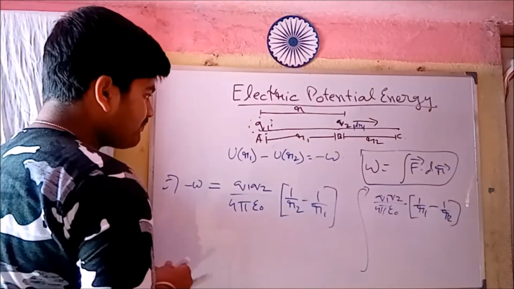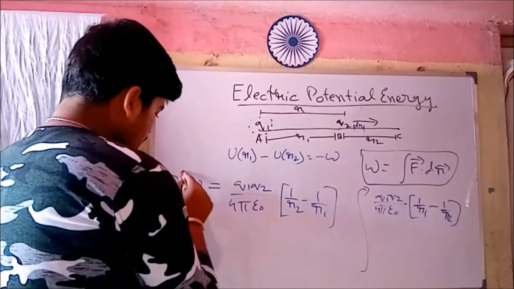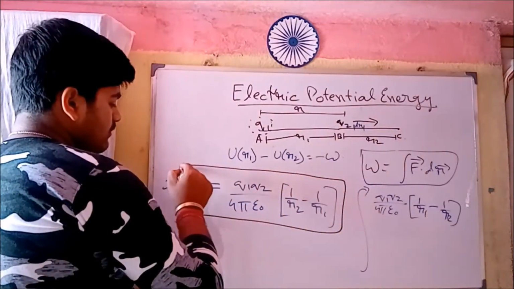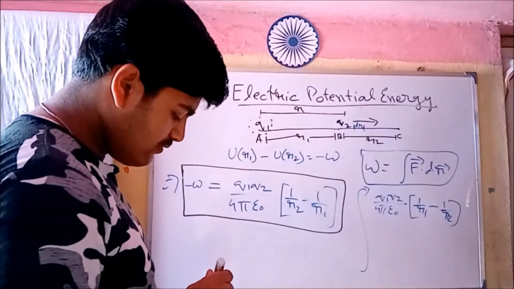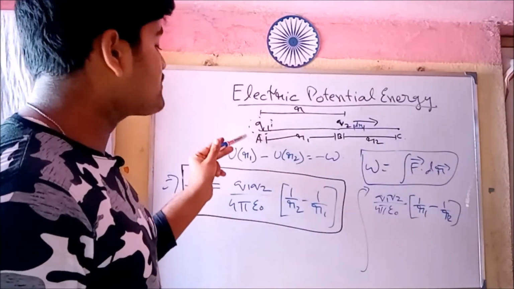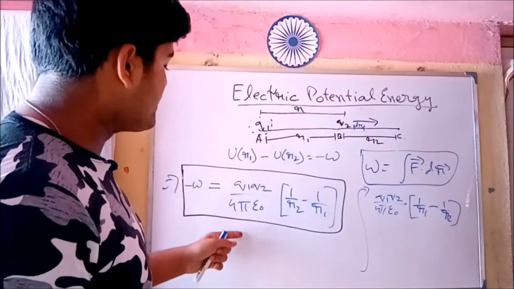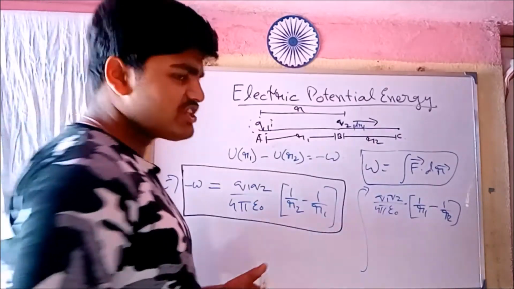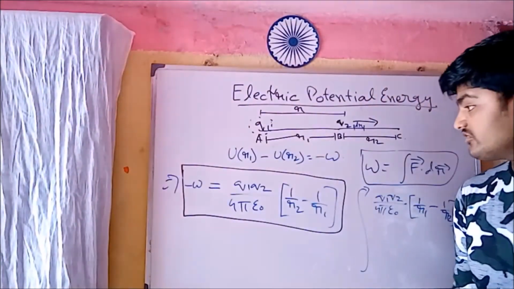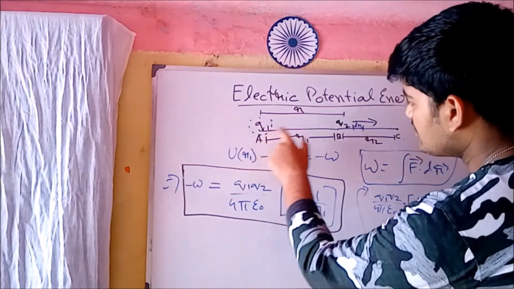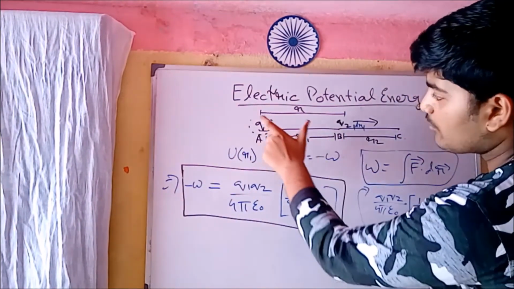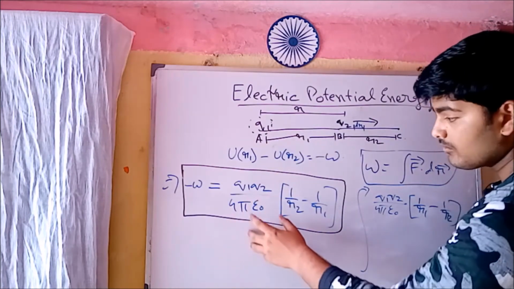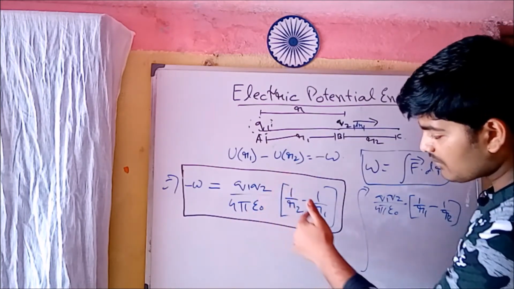This is the net work done by the charge Q2 when the charge Q1 is fixed at A. This condition only satisfies the electric potential energy of this point. So the electric potential energy W of the body Q2 with reference to the body Q1 at A is equal to Q1 Q2 by 4 pi epsilon naught into 1 by R2 minus